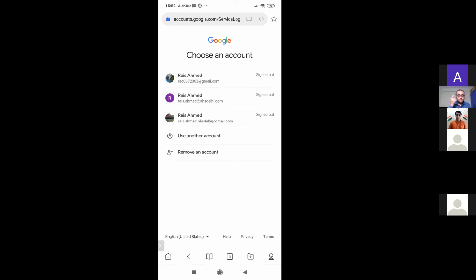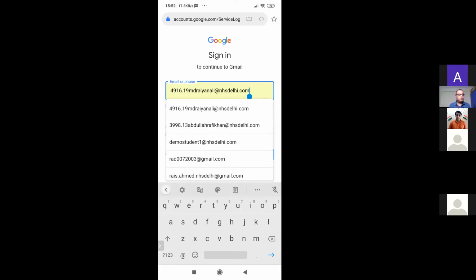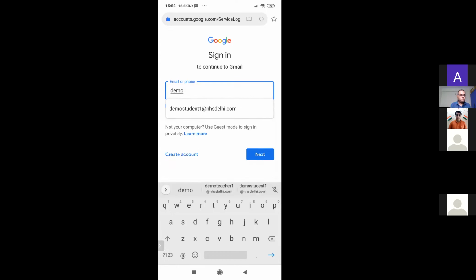Your emails can be accessed through Gmail app. Okay. Now I will log in using another account. So select use another account option at the bottom. Now that to troubleshoot the problem, I keep logging in with the student's login ID. Okay, now let's access the demo student one nhsdelhi.com.